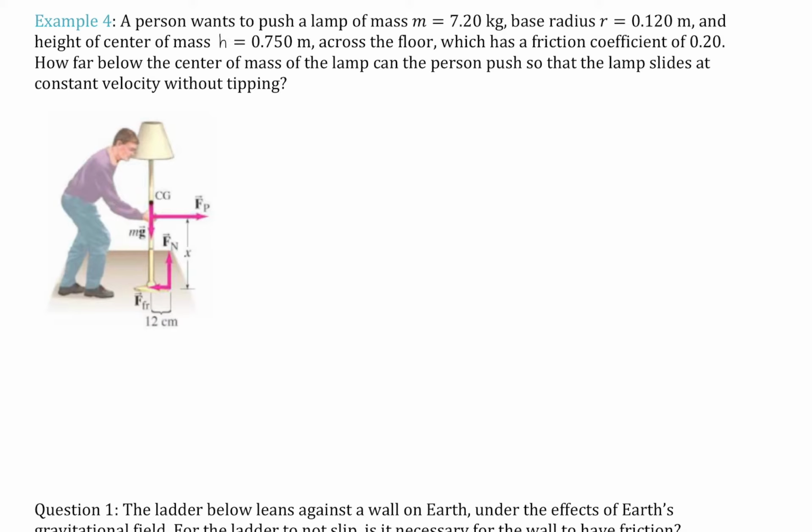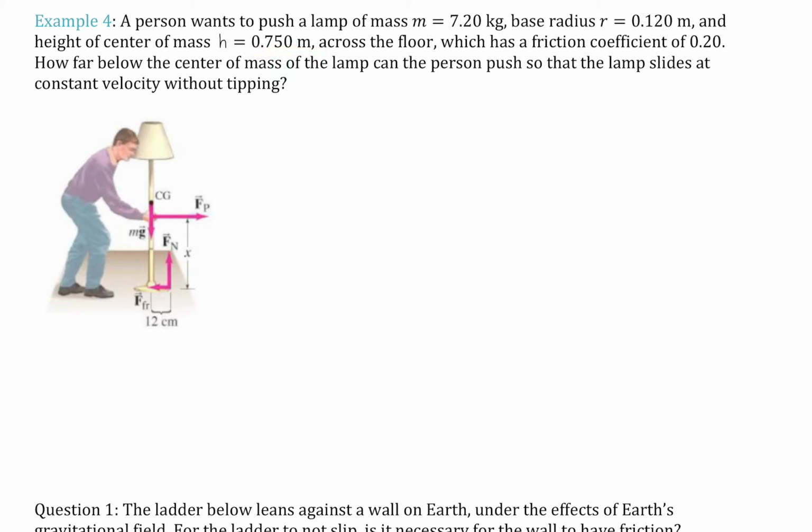Okay, so we have the mass of the lamp, 7.2 kilograms. We have the radius of the base, and that's 12 centimeters. That's this value right here. It has a circular base, so we care about its width essentially. And then we have the height of the center of mass, that is going to be h. If I were to include that in the figure, it would be right there. You can see I had a typo, so I changed it to h, and it's 75 centimeters,